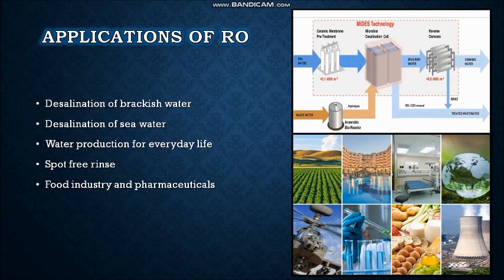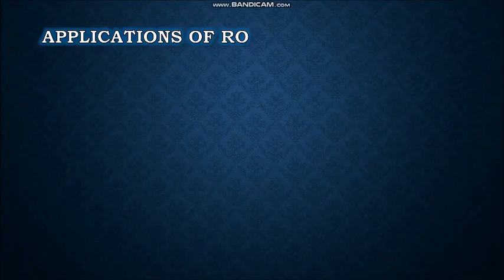Desalination of sea water. 96.5% of all earth water is seawater. As the crisis of fresh water is increasing day by day, our best shot is to improve the methods which can purify the seawater. RO can desalinate the seawater, but it is not as effective as